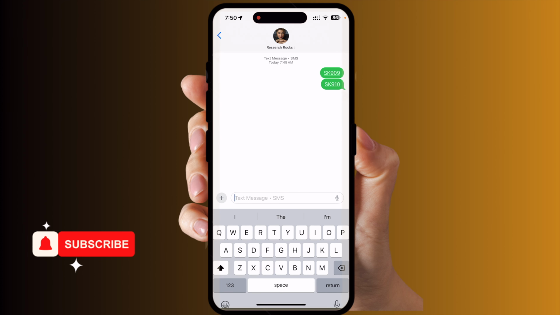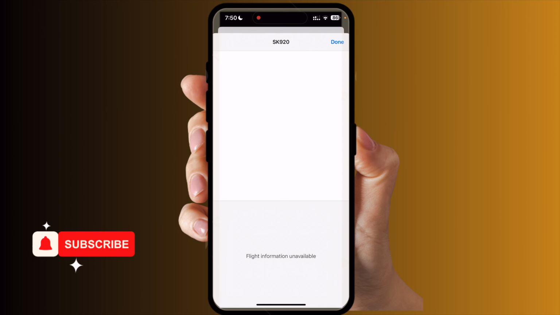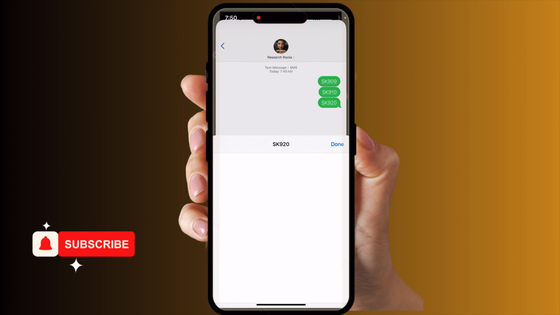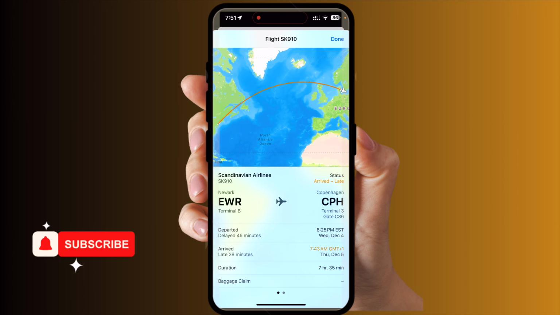So that is interesting. Now we can type one more flight. No need to type the company name. You just simply type the flight number, like SK. All flights come up. The flight information is unavailable currently, but you can track very easily, and that one